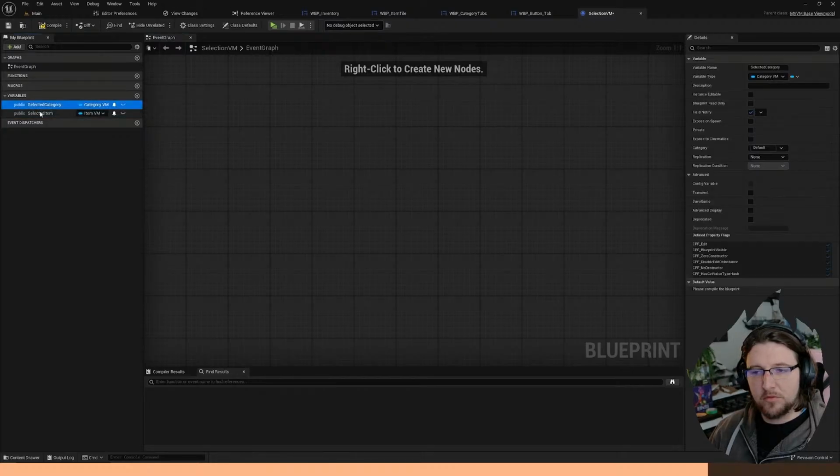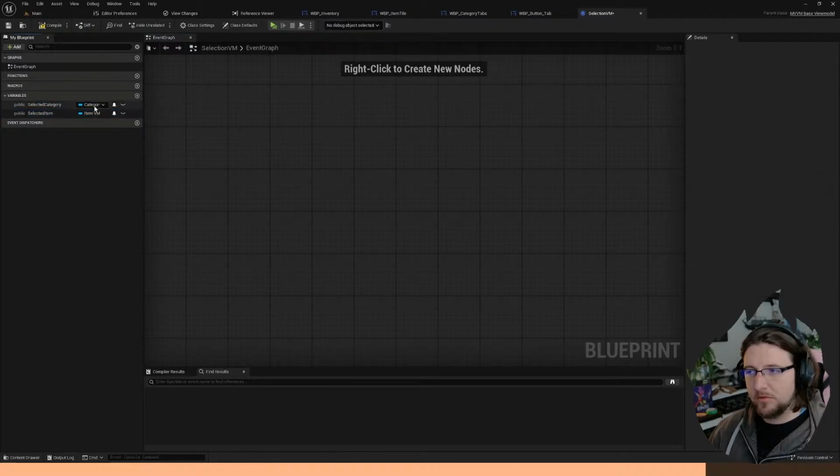Great. So now we created our two properties that we need. They're both field notify. One is a category VM, one is an item VM. Save and compile our view model. So now we created our view model. Second thing to do is to find a place where we can instantiate this so that we can use this